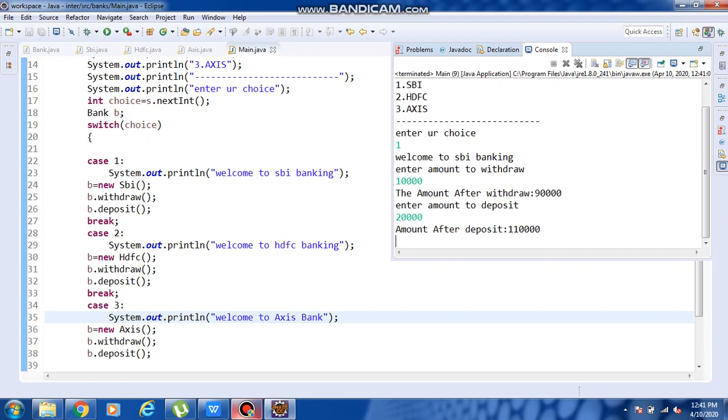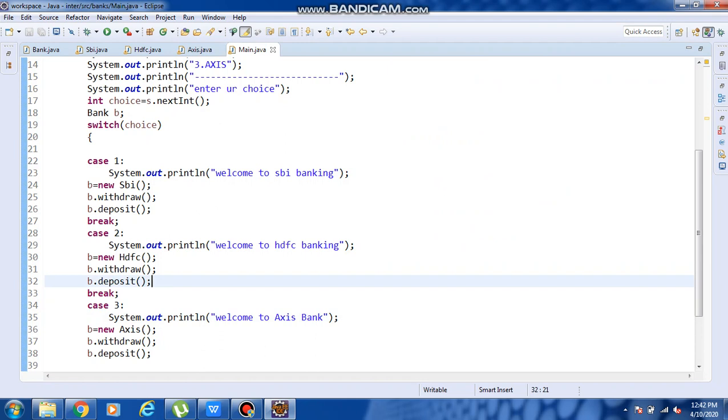Now observe clearly. Once I come to SBI banking, again I am having two options: one is withdrawal, one is deposit. I don't want to perform two options at a time. Again if I come to SBI, if I give withdrawal, it has to perform only the withdrawal option. If I give deposit, it has to perform only the deposit option.